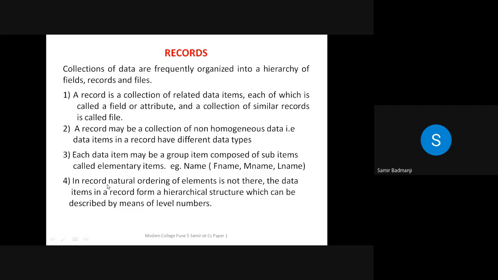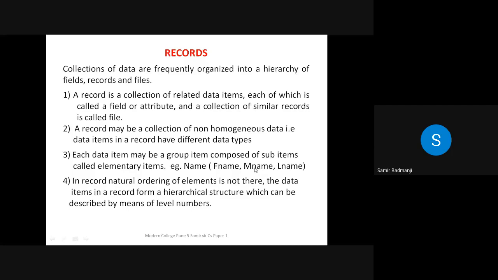Now in a record, natural ordering of elements is not there. The data items in a record form a hierarchical structure which can be described by means of level numbers. Whenever records is asked, you have to give this using an example. Natural ordering of elements not being there means what? We have seen arrays.